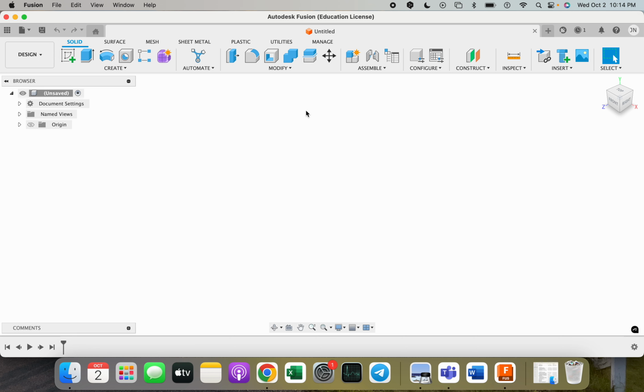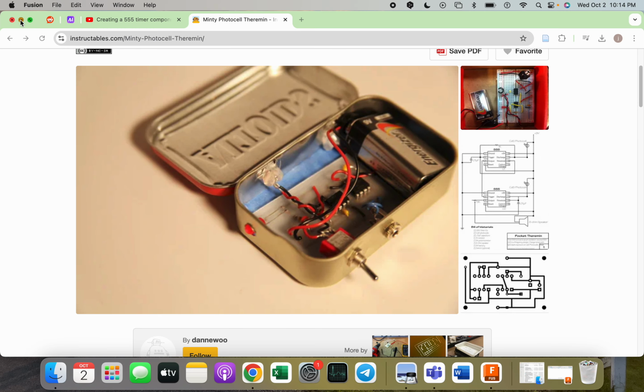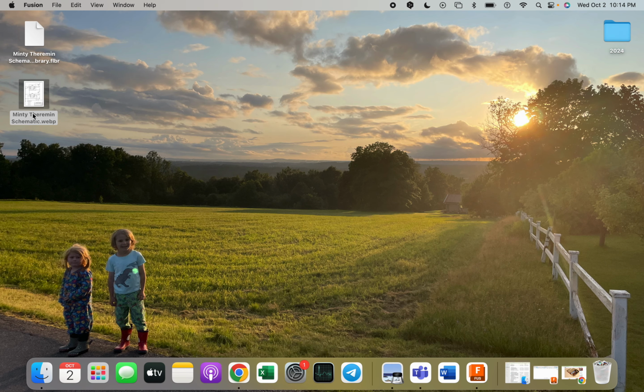So what we're going to start by doing is uploading a library that I have created for you, and then we're going to add our 555 timer into that library. So first, I want you to go to the link in the description and download the library file, or you can find it in your Teams assignment, and you're looking for the Minty Theremin Schematic